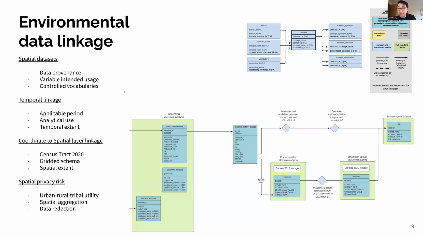I can tell you that within the Odyssey GIS working group, the controlled vocabulary for each of the variables for EJI was established as some prototype number of concepts last week, I think, a week and a half ago. So it's fairly new and it's still in the process of internal review. But even after we've done that, we do need to consider are there certain privacy risks for the variable being more sensitive? Are there functional things that we could apply to reduce the re-identification risk within the data set, such as spatial aggregation and data redaction?